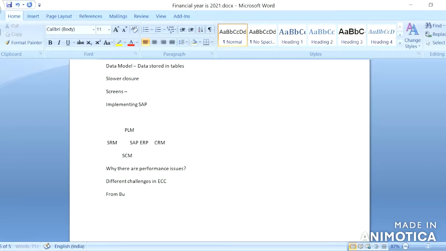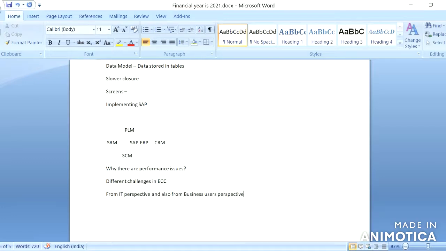From the IT perspective and also from the business users' perspective. So let us understand the challenges in SAP from each team's perspective.